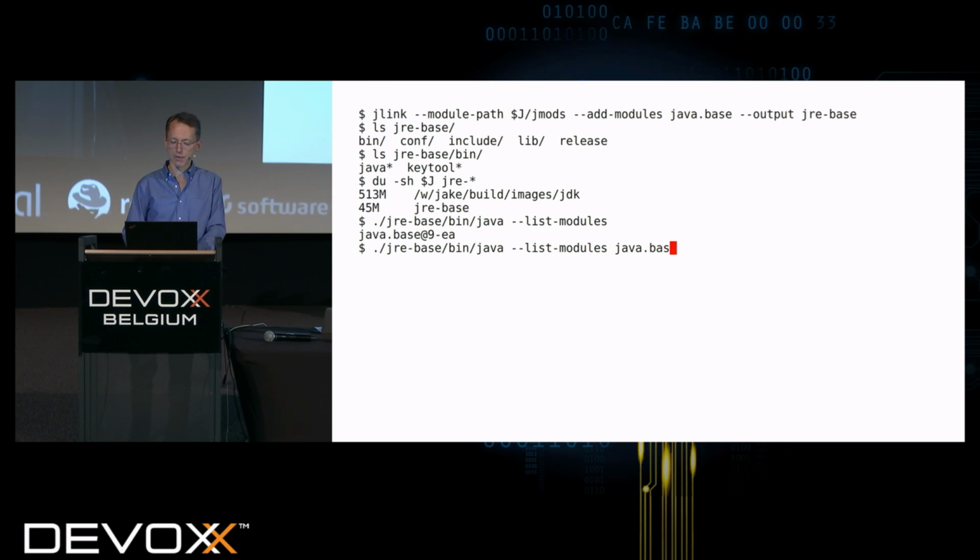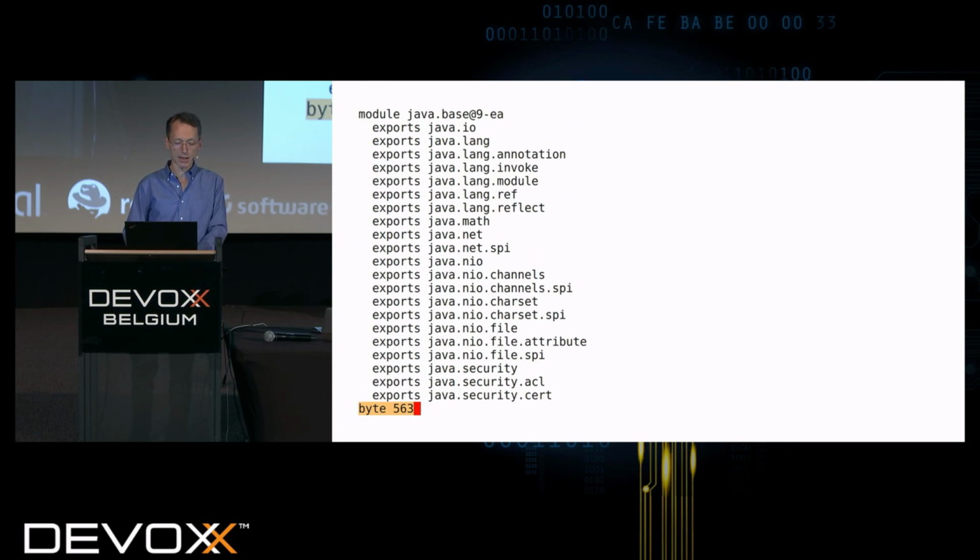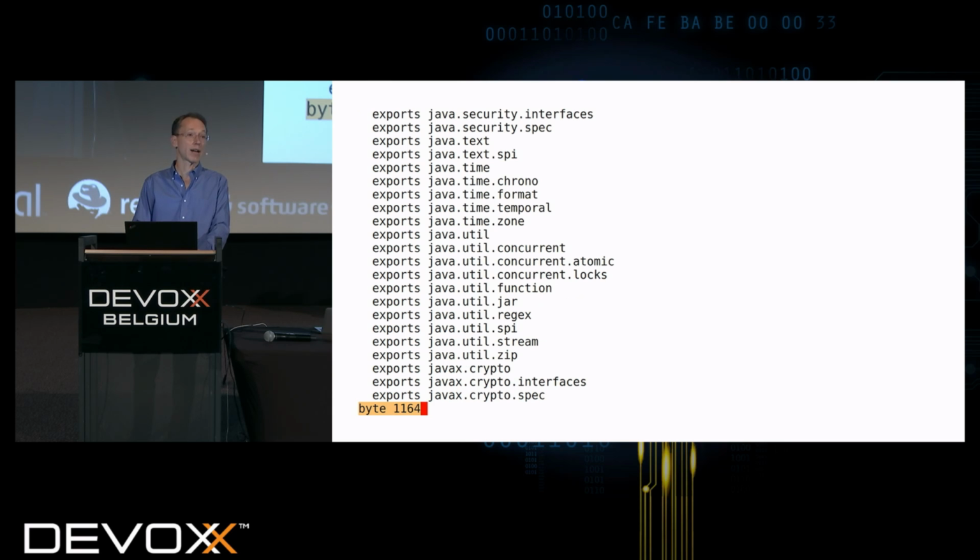If we ask for the details of what's in java.base, you can see it exports a fair amount of stuff. It has not just java.lang, but Java I/O and some annotation stuff and basic networking and new I/O and security. So you can actually write very useful applications just with java.base. But of course, some things you won't be able to do. For example,